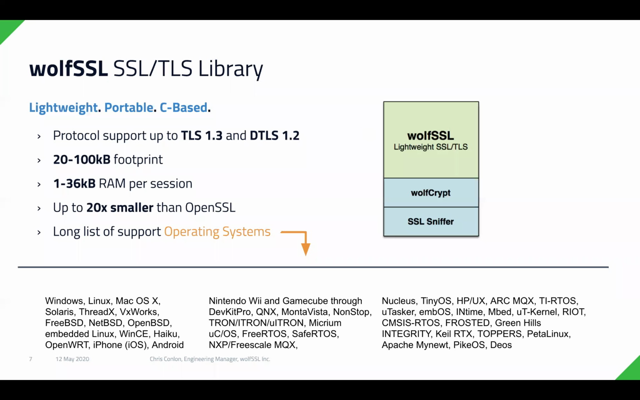It supports up to the most current protocol standards of TLS 1.3 and DTLS 1.2. Typical footprint size on an embedded target is usually around 100 kilobytes. The smallest build we've done to date is 20 kilobytes. Runtime memory usage is 1 to 36 kilobytes per session. And the footprint size of wolfSSL is typically about 20 times smaller than OpenSSL on a desktop or enterprise type